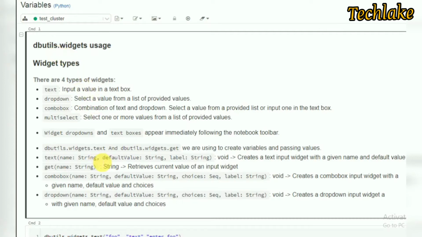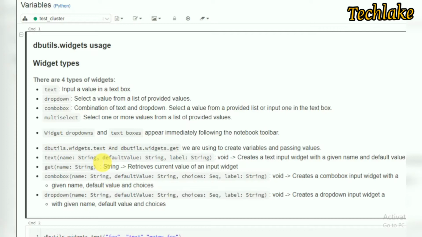Here with variables, you can pass data and you can read the data. Mainly if you are calling through Azure Data Factory, ADF, and you want to pass any variable through Azure Data Factory, we can use these widgets.